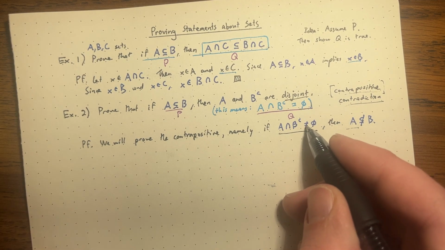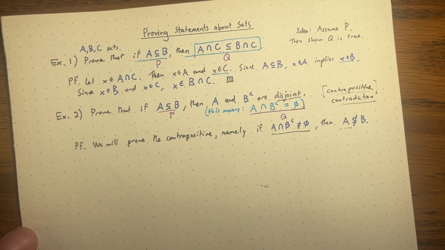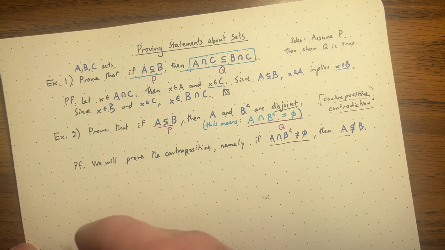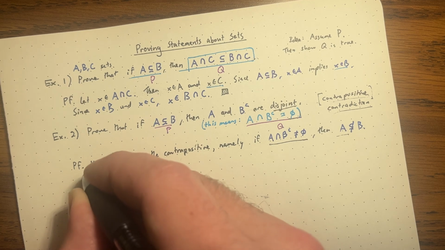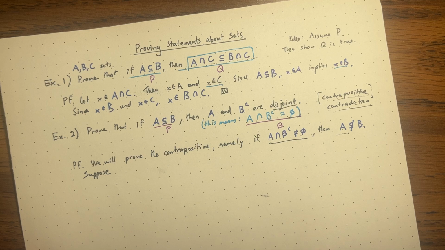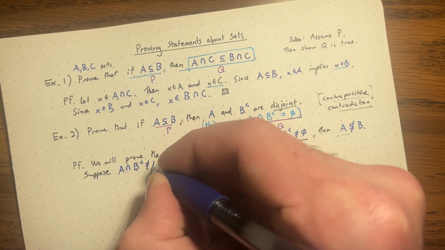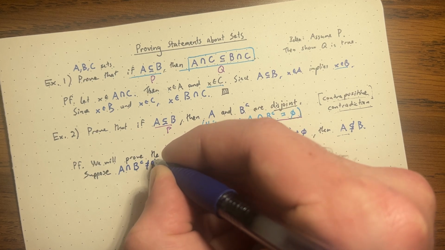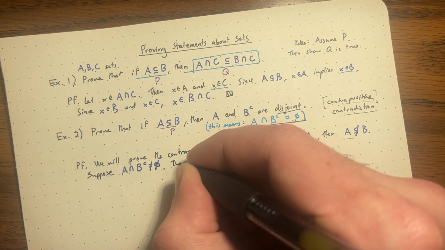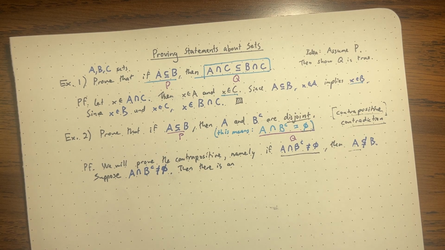But first, now that we have something not the empty set, let's actually grab an element there. So we're supposing that is true. This is our new P. So suppose this is not the empty set. I know it's a little bit confusing with the double negatives. So it's not nothing. There's something there. Then there is an element. So there is an X in this thing